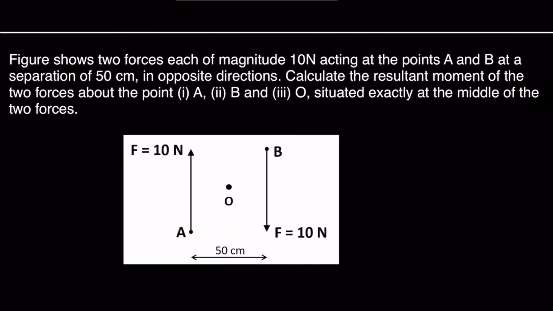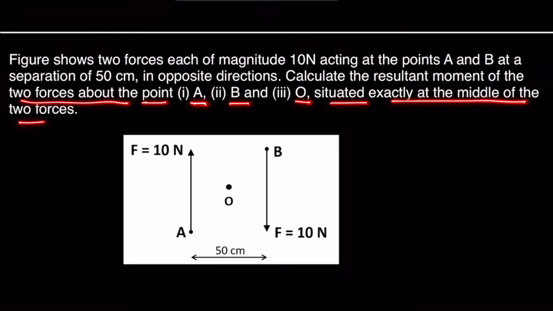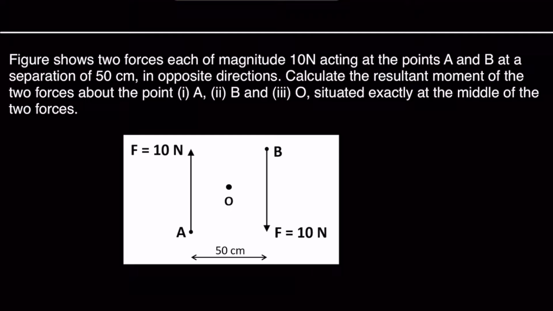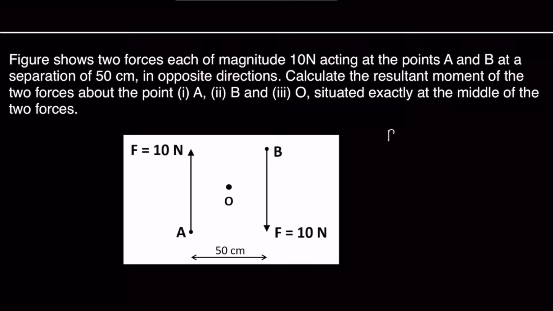So we have to calculate the resultant moment of the two forces about the points A, B and O, situated exactly at the middle of the two forces. Means O is situated at the middle of the two forces. So this distance is 25 centimeter and this is 25 centimeter. So let's solve it. So for resultant,